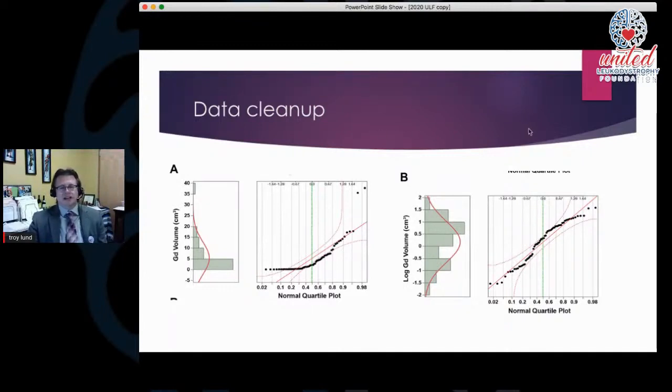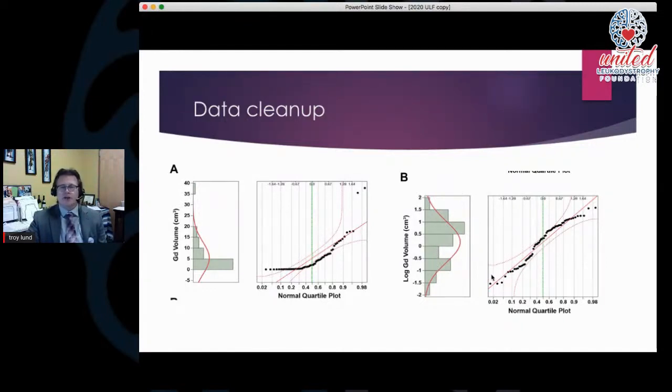When you're dealing with data, it's better to have a normalized distribution. So what you want to see is a nice hump in your distribution of data with the extremes having fewer numbers. And so what you can do is take the log of that data to transform it. It doesn't change the fundamental data, but it does distribute it better. And these graphs just show an improved distribution, which is what I'm focusing on for the rest of the talk, really the logarithm of the GAD volume, not the GAD volume.